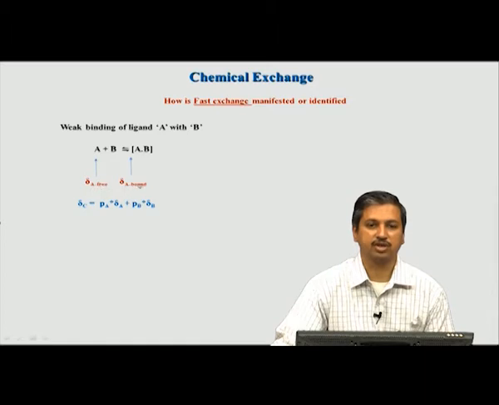I mean the fast and slow depend on the chemical shift. Suppose the chemical shift difference between them is not very large compared to the exchange rate, then we call that process fast exchange. If this is small compared to exchange, then what do we expect to see? We expect to see an average peak, at an average chemical shift position, and that average position is determined by the fraction of population of A form and fraction of population of B form weighted by the chemical shifts. Okay. So, that is what will happen.